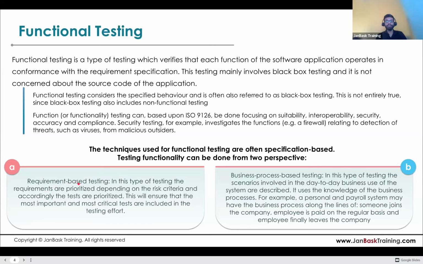So there is another type of testing which is called business process based testing. In business process based testing, we don't look at the test cases or actual requirement. What we do is we know the business. So this type of testing is normally done by the people who have all the idea of the business. Normally the business analyst or people from the customer side itself who know how the business flow is. Okay, so they might be doing this type of testing, and mostly at the user acceptance testing level,